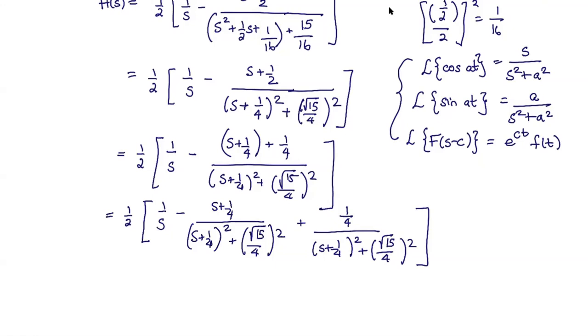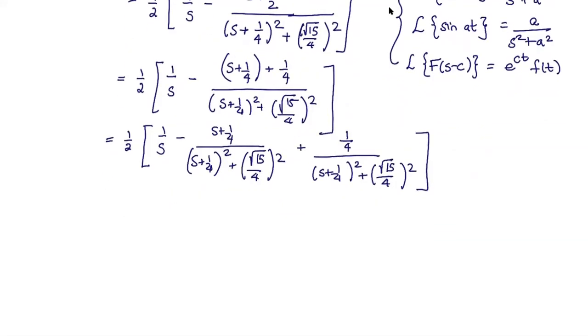So we have the following piece of information, though, that the Laplace transform of the sine is going to be a all over s squared plus a squared. And since we already know that there is a shift in the Laplace transform, this sine term right here is also going to have an e when we do the inverse. What needs to happen is that the a needs to appear. And since my a is square root of 15 over 4, I need to put a square root of 15 in the numerator. However, in so doing,